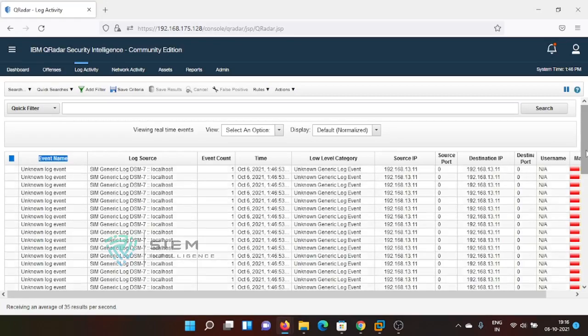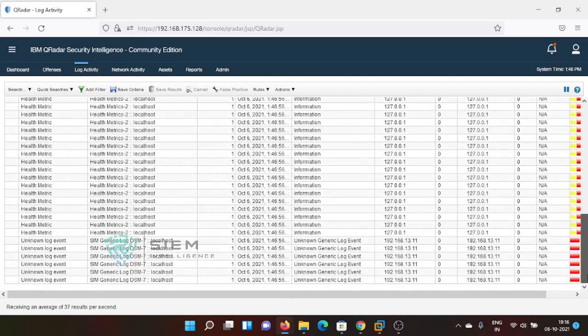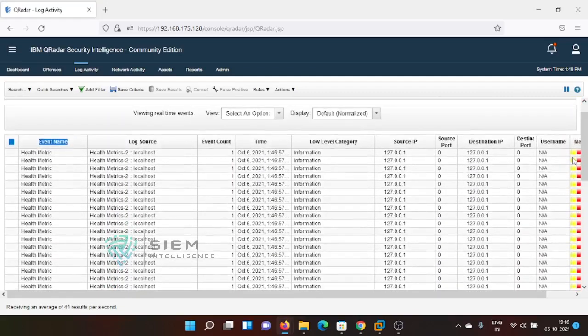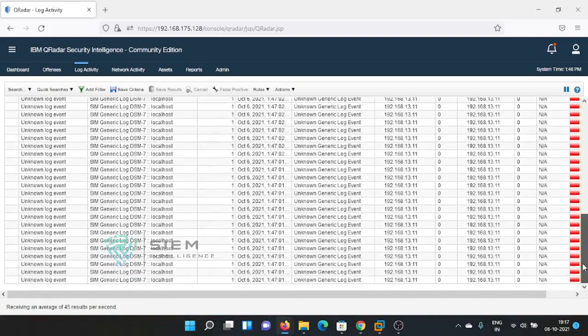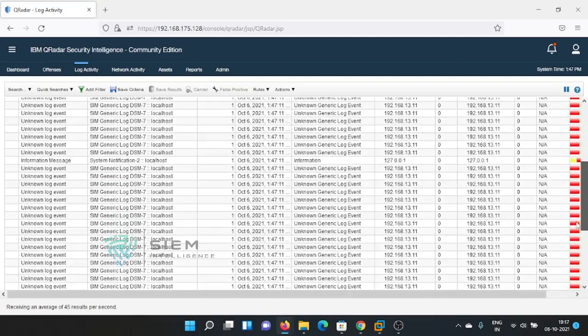If you see at the bottom, the count by default is 40. You should understand, there is a meaning for this. This is the 40 count.